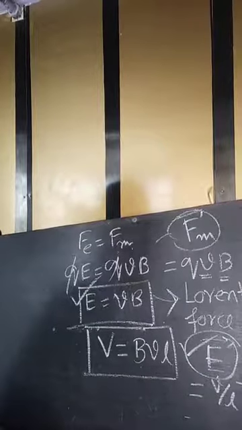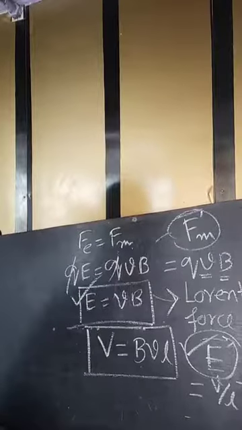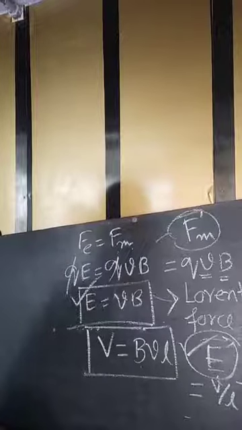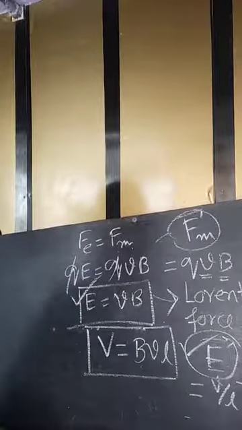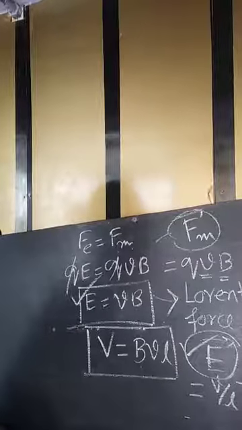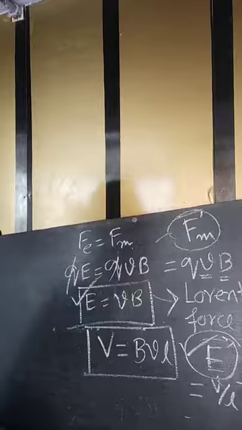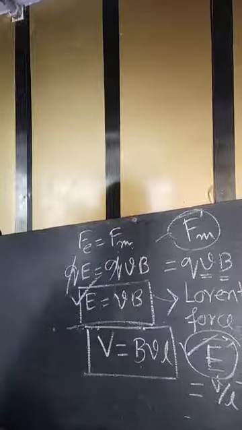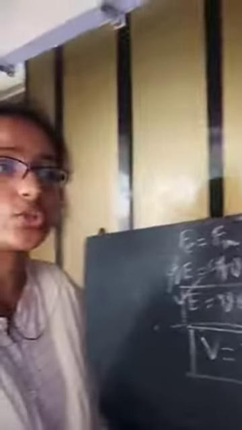Okay. Now, if a conducting rod pointing east-west is dropped down freely, it cuts the flux lines of the horizontal component of the Earth's magnetic field. Hence, a potential difference is induced across the ends of the rod. If the same rod is pointing north-south, then on dropping it down freely, it will not cut any flux lines and no potential difference will be induced. Okay, so these are some examples corresponding to the motional EMF.